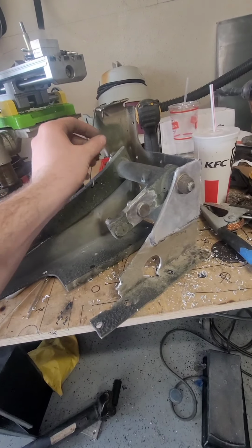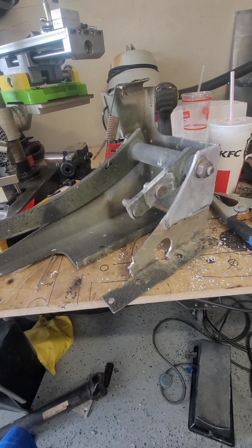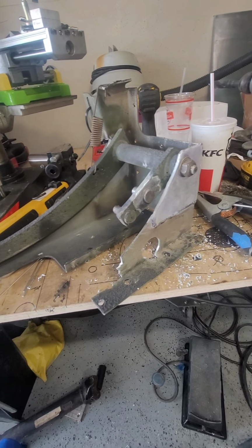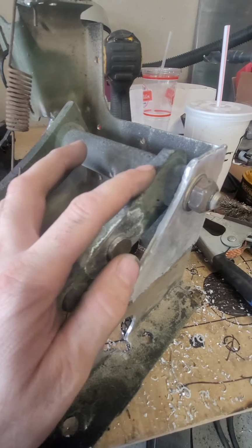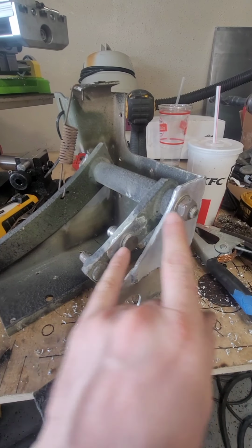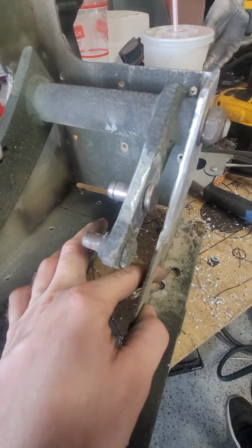So I need to shorten this because I moved it up. So now the spring has a little less travel with not a lot of tension on the spring, so it doesn't really do much. I relocated this to match the same distance from these 2 points on the Duramax, so now it should have the same stroke. And now all I have to do is fill these holes,